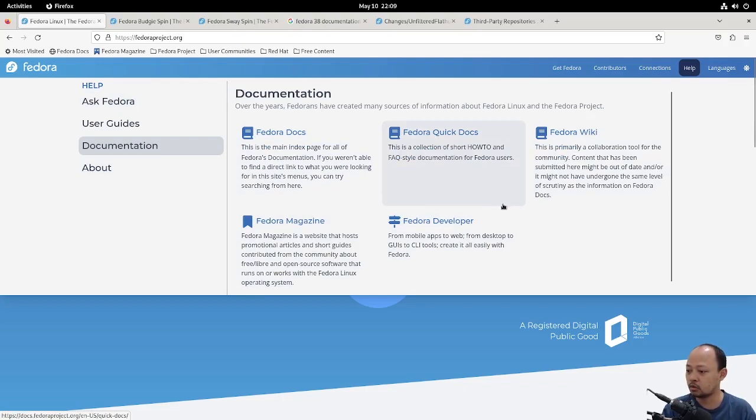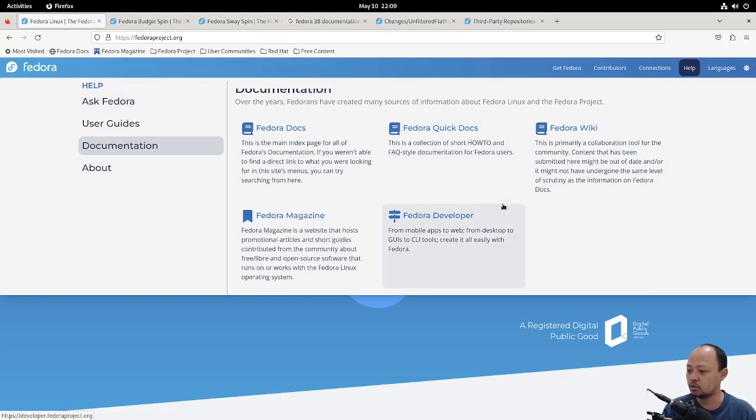So for you who might be a new Fedora user that needs some documentation to follow, don't be afraid you cannot find it. You can find the documentation directly on the Fedora official website, and you are free to choose what kind of documentation that you need.